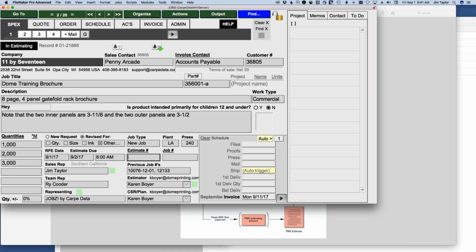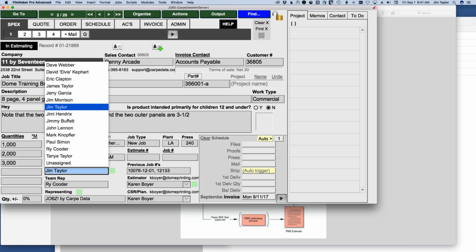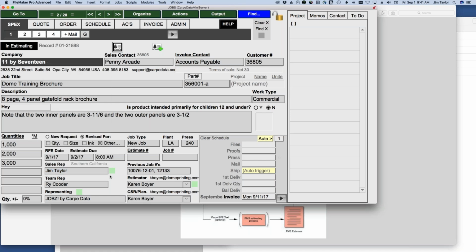You got to really do it first thing in the morning. You probably won't have a number in the estimate number field until you get the estimate back from estimating, and you won't have a job number in the job number field until you turn it in as an order. But these might relate to previous jobs and so forth. This is the previous, because the job was cloned from previous jobs. Those job numbers will appear here. This is you, and this is the checkbox to invoke your fancy personalized picture signature. And